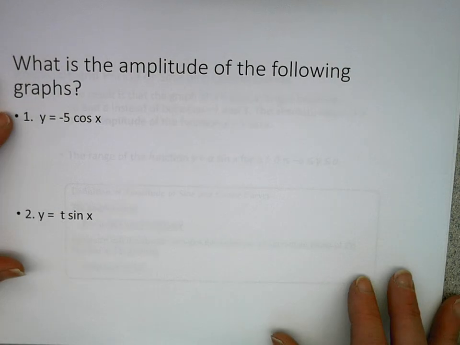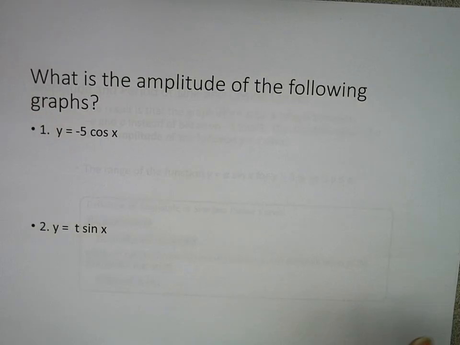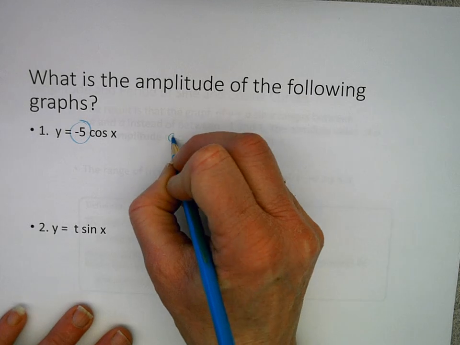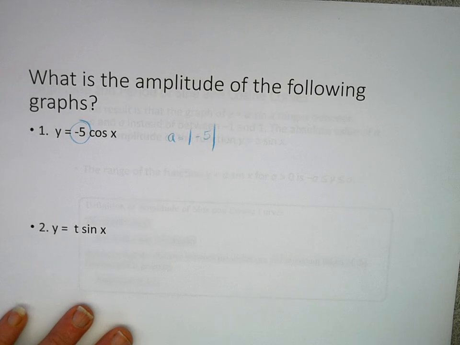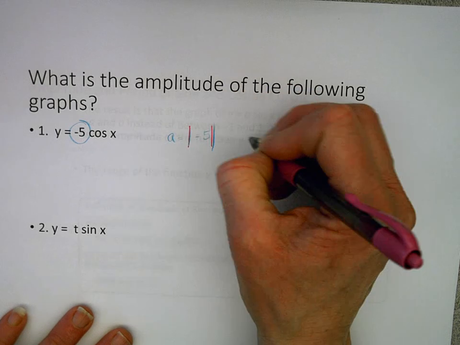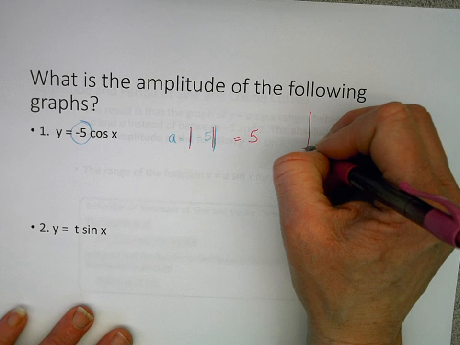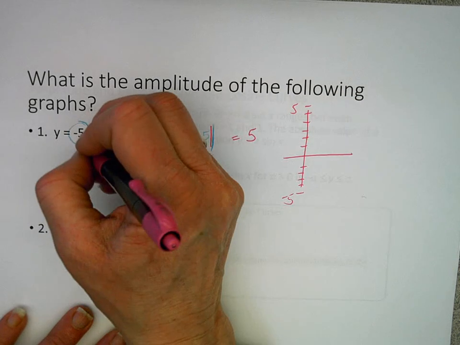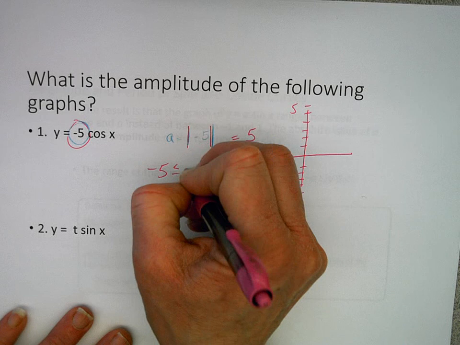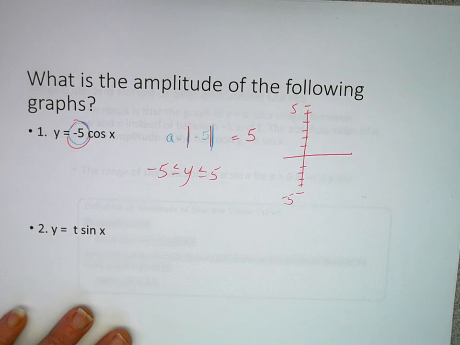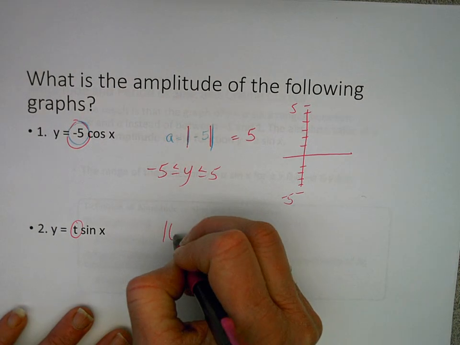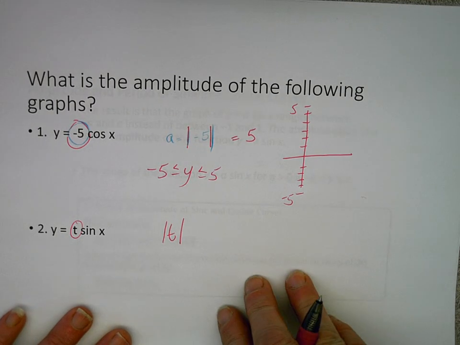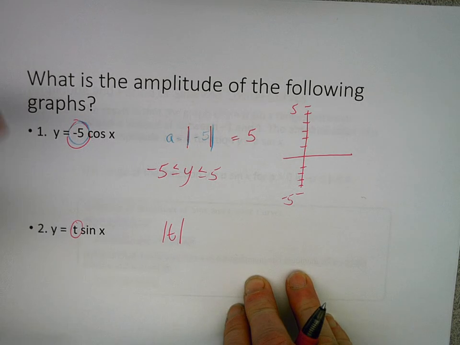Okay, so first of all, warm up. What's the amplitude of the following graphs? Just a little reminder. Amplitude, that's your A value. It's the absolute value of A. So your amplitude would be 5. So that means you're going to scale your axis to 5 to negative 5, the y-axis. So your A value is your y scale. Just a little review. You don't have to write this down or anything. And if that's a variable and you don't know if it's positive, you have to put absolute value symbols on it. I'll give you another warm-up like that later on, but just kind of a reminder that amplitude changes your